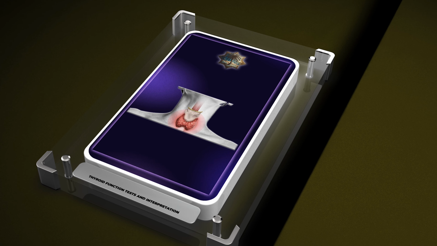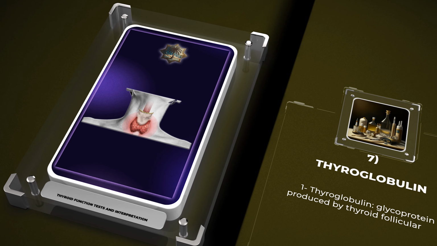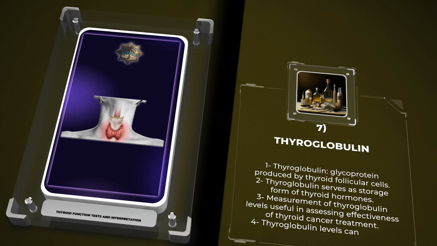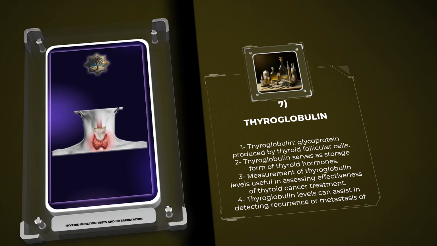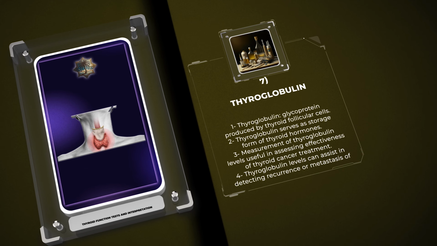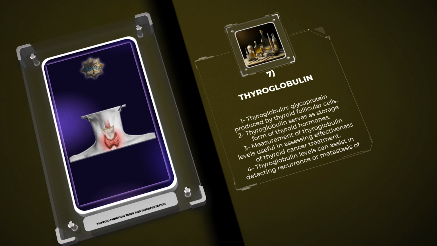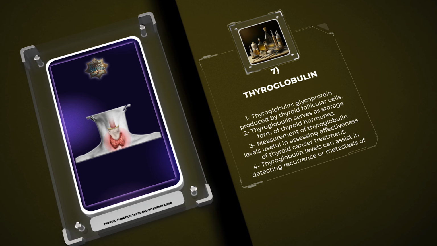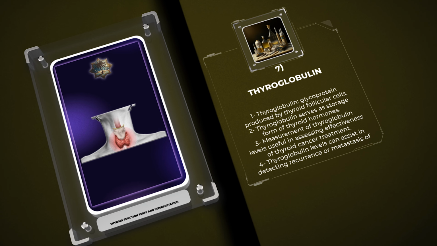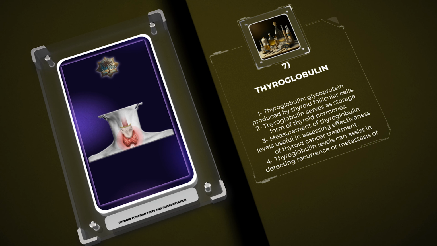Thyroglobulin is a glycoprotein produced by the thyroid follicular cells and serves as a storage form of thyroid hormones within the colloid-filled follicles. Measurement of thyroglobulin levels is useful in various clinical settings. It can help assess the effectiveness of thyroid cancer treatment, as thyroglobulin levels should decrease after surgical removal or radioactive iodine therapy. Additionally, thyroglobulin levels can assist in detecting the recurrence or metastasis of thyroid cancer, especially in patients who